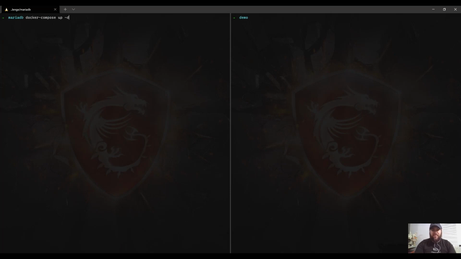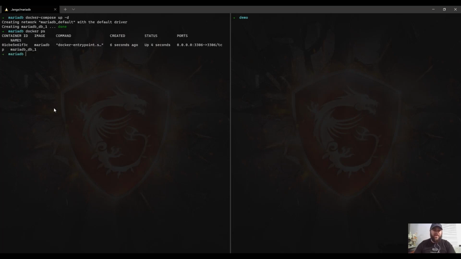So docker compose up -d for detached. It's going to download the MariaDB image and get a container up and going. So if we look, there we go. We have MariaDB here. It is mapped, we have our ports there. So that's it, right? You make sure you have the Docker Compose file for the tutorial here, and you have a